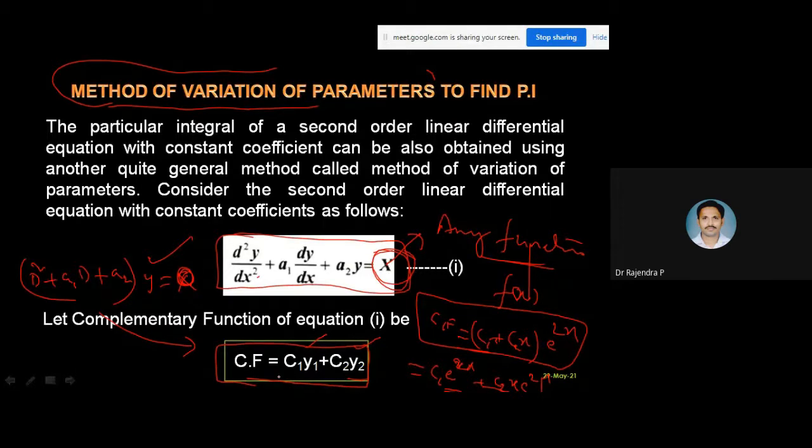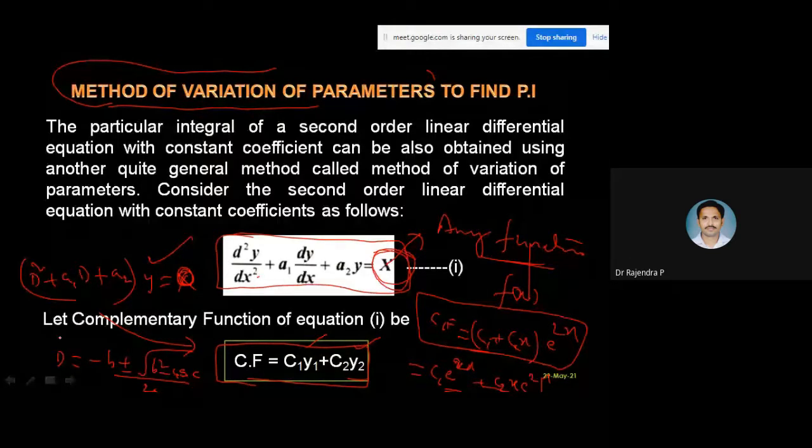Assume that we have the complementary function with us. Any difficulty till then? Everybody can easily find the complementary function, right? Is there any difficulty to find the complementary function for this particular problem? That too second order. Second order means what? A simple quadratic equation, right? I hope everybody knows. Even for complex roots, I can solve d as minus b plus or minus under root b square minus 4ac by 2a. By using this, I can find roots, even if it is a complex root. I hope there is no problem to write your complementary function. Do you agree or not? Yes, respond please.